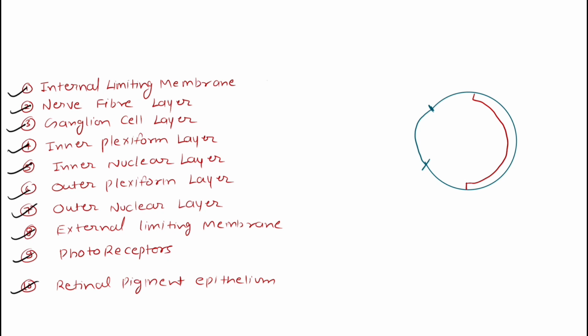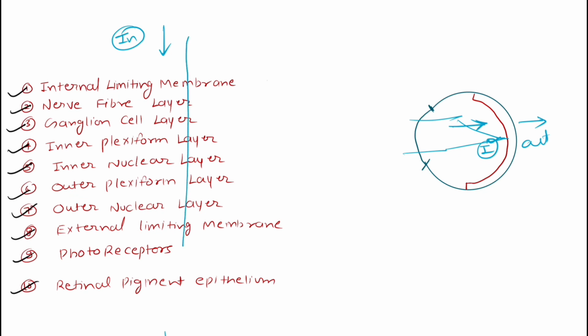Some specific points for each layer you have to remember. One thing that is most important: let's say this is the internal part of the eye, and this is the outer part. So we are looking from here, from the upside. Let's say light is coming from here and striking the retina. Light will come like this. The first layer where it will strike is the